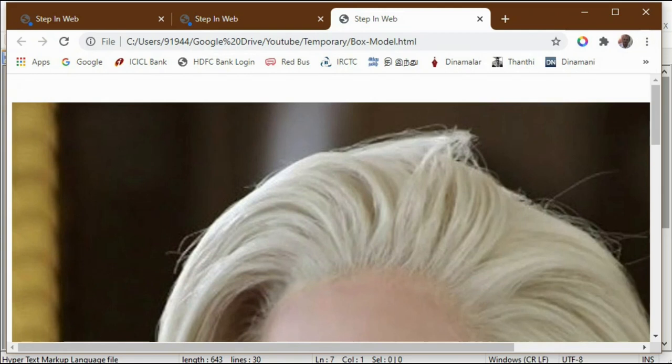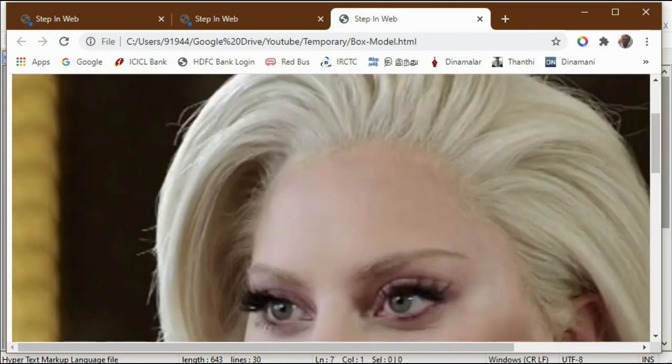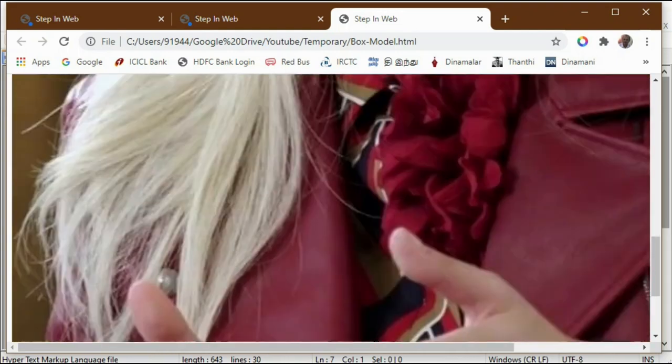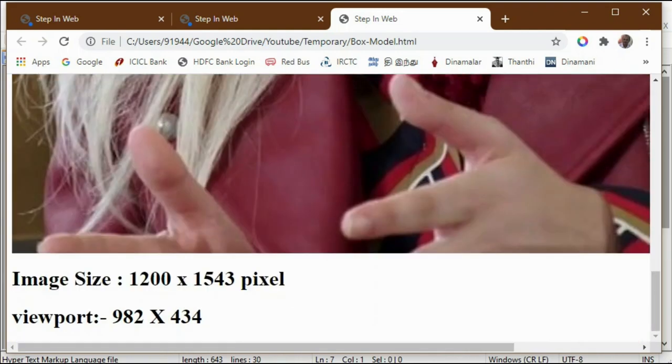Also you can see my image is not accommodated inside my viewport, because the image size is 1200 pixels, but my viewport is only 982, and the image height is 1543 pixels, and my height is 434.